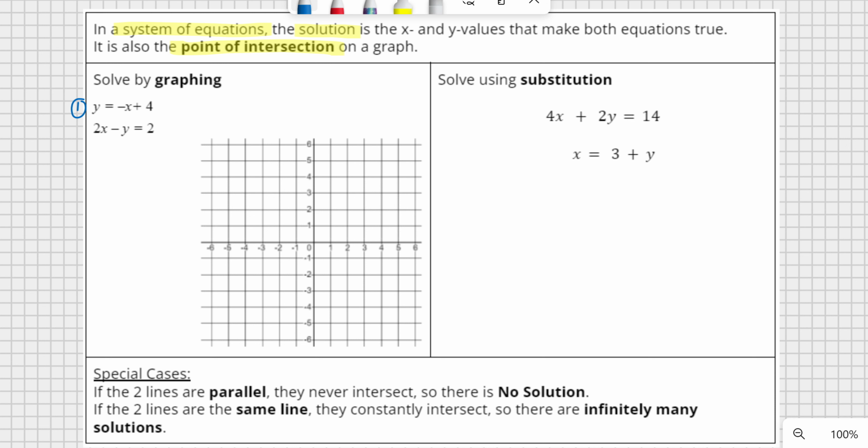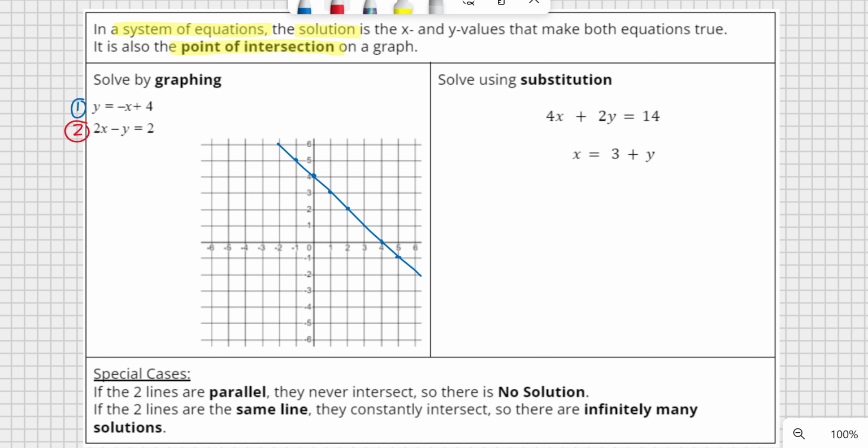be 4. So on the graph on the right, starting at a y-intercept of 4, and then a slope of negative 1, so down 1 to the right 1, down 1 to the right 1. The second equation is in standard form. So one thing I can do to graph that second equation is rearrange it into slope-intercept